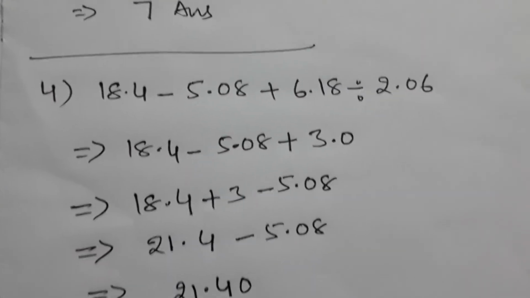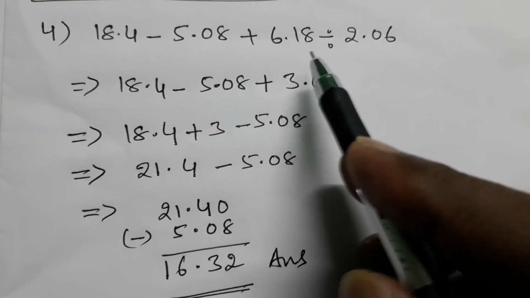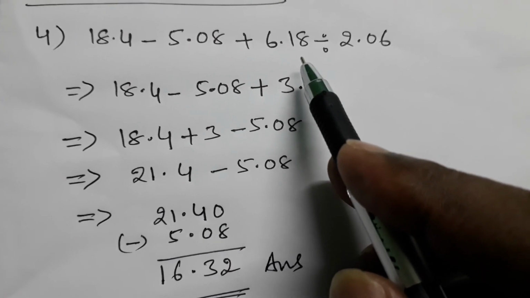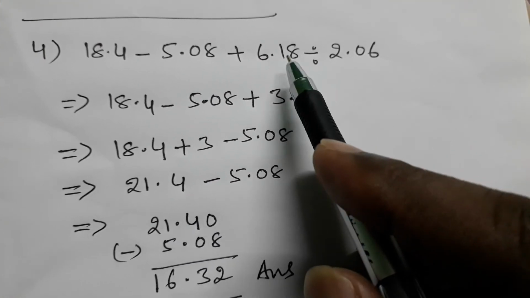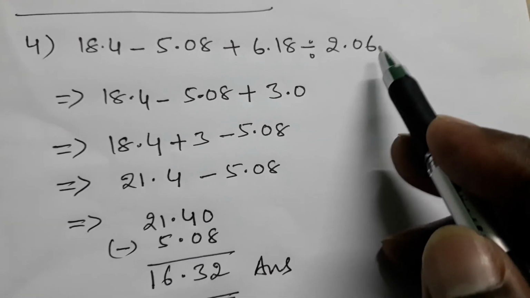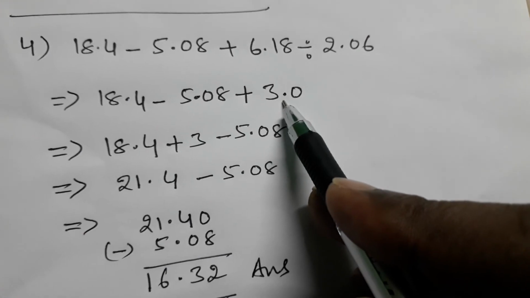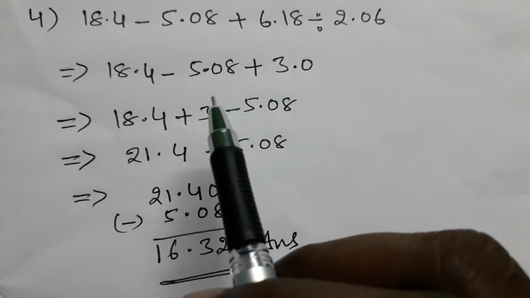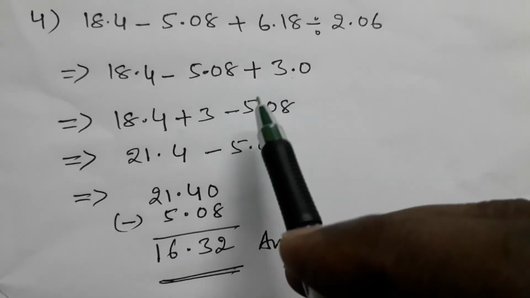Yes, last question. See, the fourth question I think for today. Here, do the division first. No brackets, no 'of'. The third step is division. So, if it multiplies 3 times, it divides 3 times, so you will get 3. And the remaining stays as it is. Now after the division, what is next? Multiplication. Is there any multiplication? No.